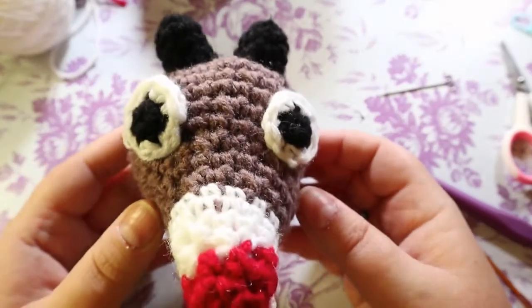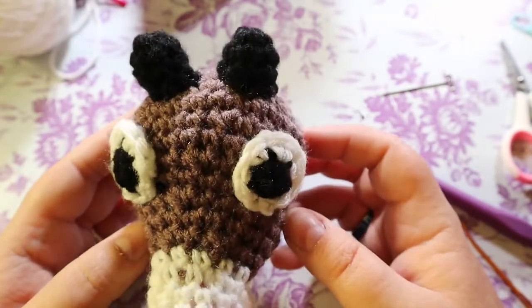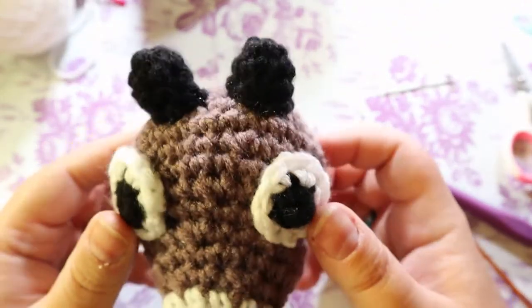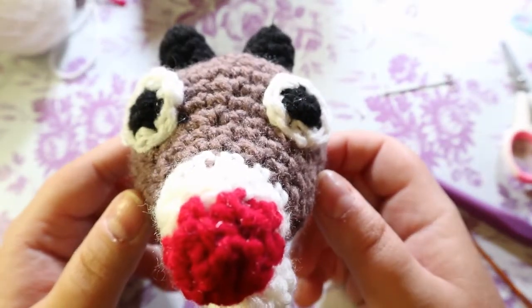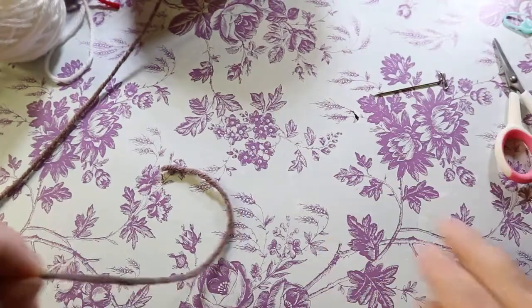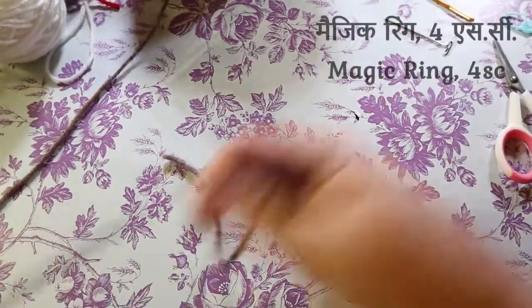There we go. Antlers are on. They're somewhat in the center, somewhat sort of even. Let's move on to ears. So our ears,